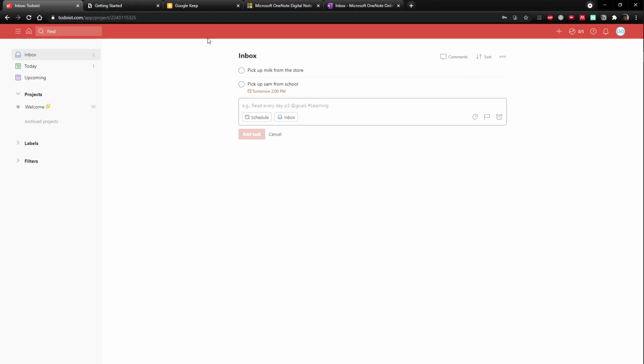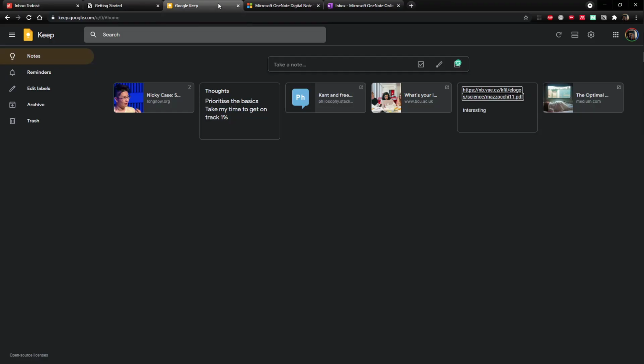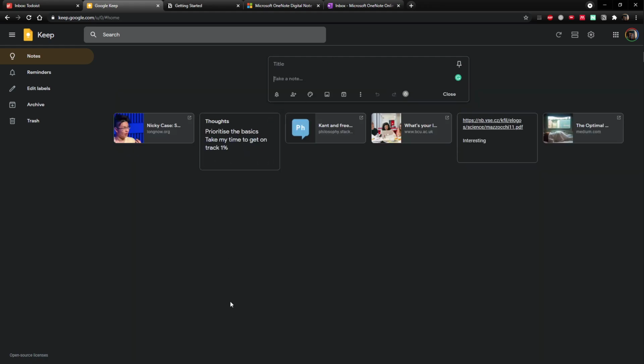Something like Google Keep is another one that I think is good. I haven't used it, but my friend said it's pretty good. It's very quick and easy to use. You can see there's some stuff here. I haven't really used this. I must have used it maybe a few years ago, so I can't remember what this stuff is. But I think this is also available on mobile, as is Todoist. They're both very quick on mobile too, and it's as simple as just saying